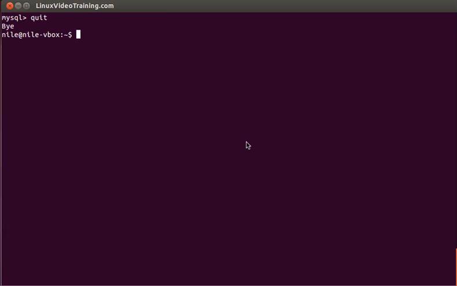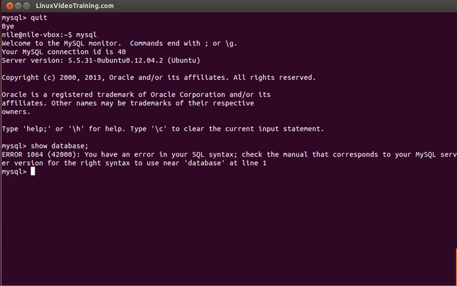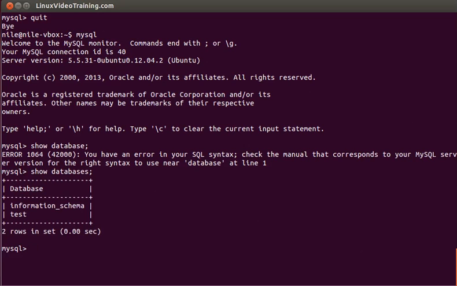Now from the command line, by default, the client is called mysql, and if you use it without giving any credentials, username, password, host or port number, and if your server allows people to connect in a read-only mode, you might be able to connect and get access to a few of the databases. But